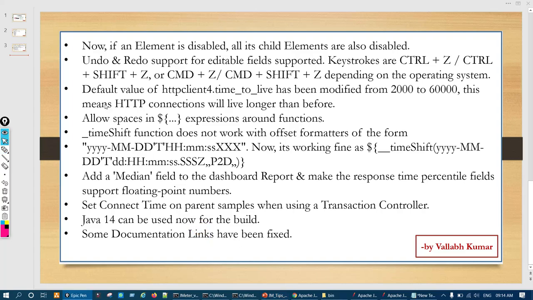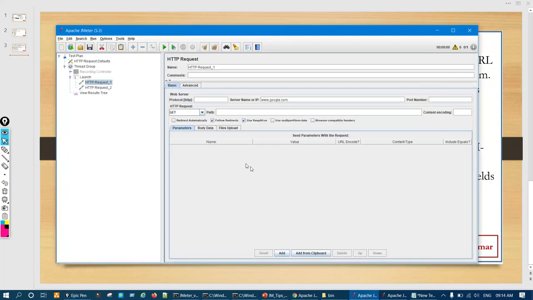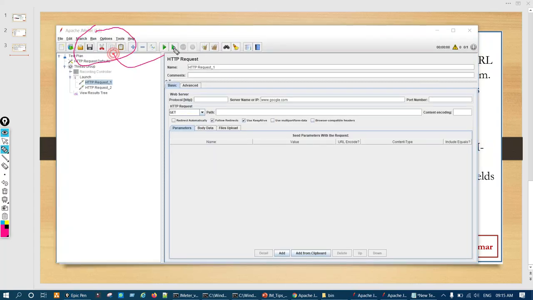So these are the major changes made in JMeter version 5.3, and I really liked it. I have used it, and it's a little bit faster also, and they have improved the theme and other things in a much better manner.